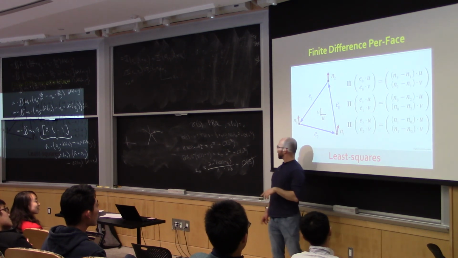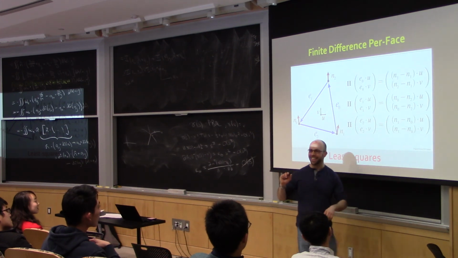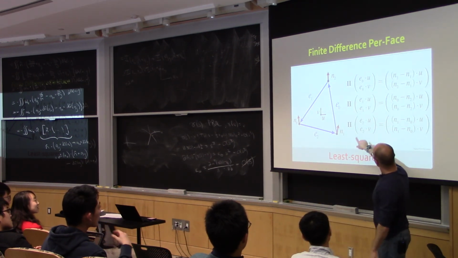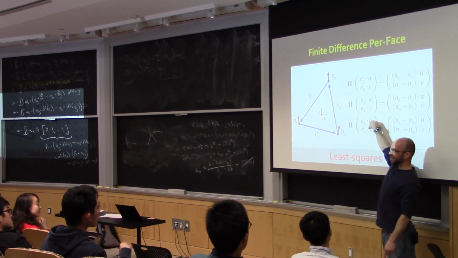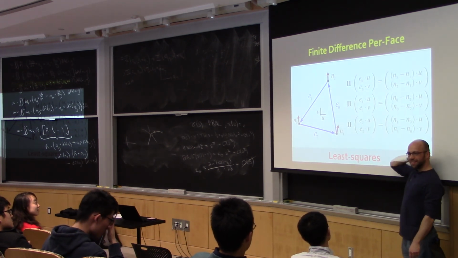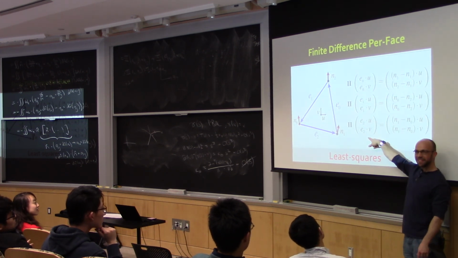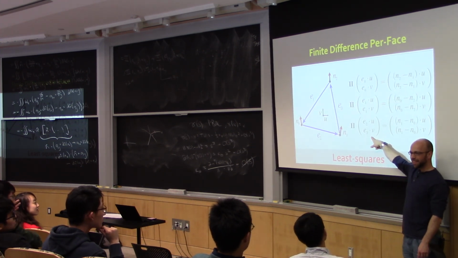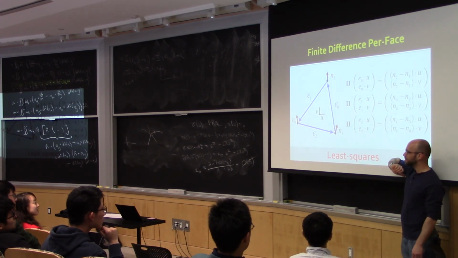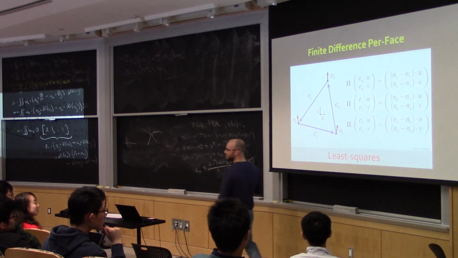By the way, we can get it by the mean curvature normal and get curvature for free at the same time. We'll come back to that. I know this for all 3 edges, and each of these relationships is actually 2 relationships because it has 2 rows. So I have 6 relationships and 4 unknowns in my matrix, so I can solve a least squares problem and get an estimate of the second fundamental form. Then I take its eigenvalues and eigenvectors, that gives me curvature, and I have an approximation.